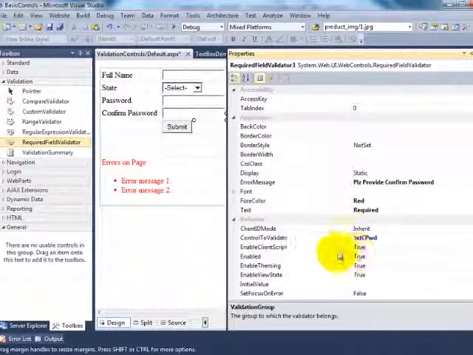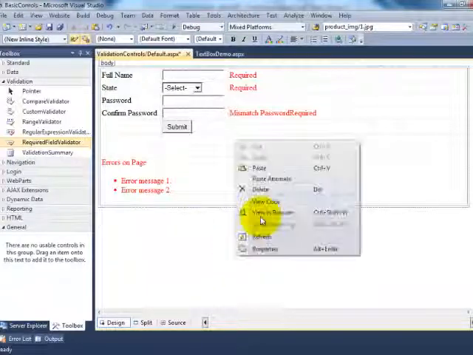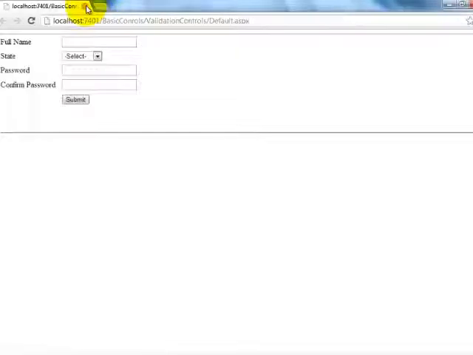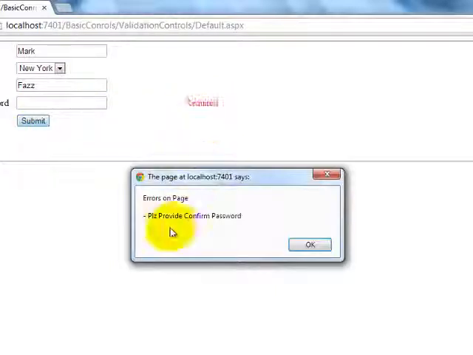That's it. Let's see. But the thing is, see what is happening over here. Let me provide some input. Password, I'll not give anything. Submit. Required, please provide confirm password.